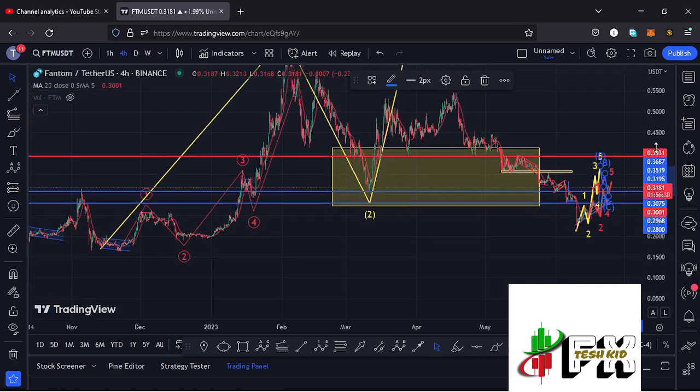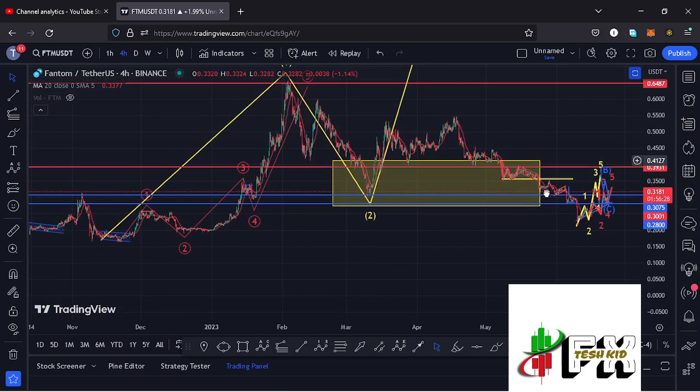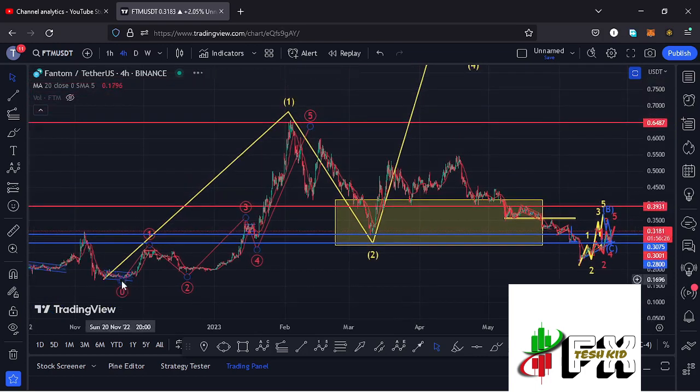And if I zoom out here on the Fantom chart, you can see that after seeing our November lows, we saw a 5-wave move to the upside, having the wave 5 giving us a high at around the $0.65 mark, completing the formation of this larger Elliott wave count 1. Then afterwards, we started a breakdown move in the formation of a larger Elliott wave count 2,